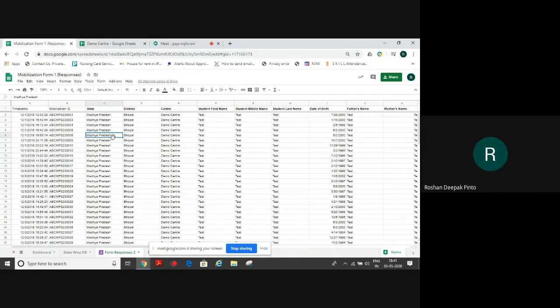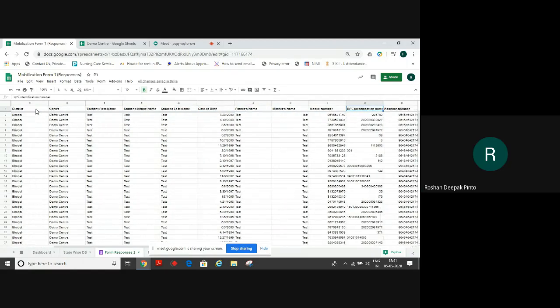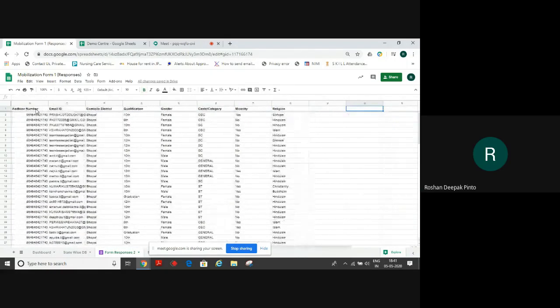So that has to be linked, and the form responses too will be created automatically with the timestamp. Here I have already brought in certain data along with the required data. While creating the form, create the student first name, middle name and last name, because some will have 2 names, some will have 3 names. Other required data is brought in here. Working will not be done here, for which I will create one more sheet next to working sheet 1.